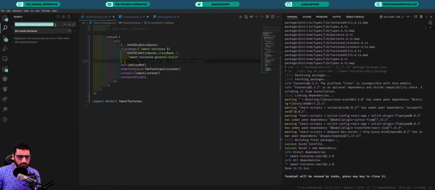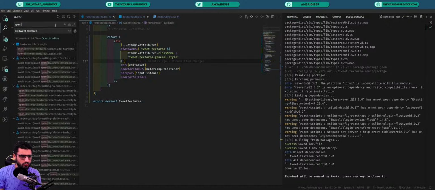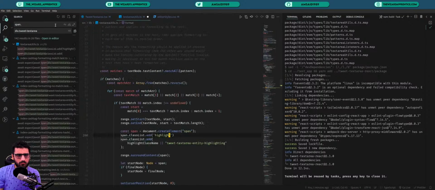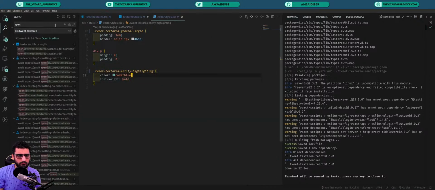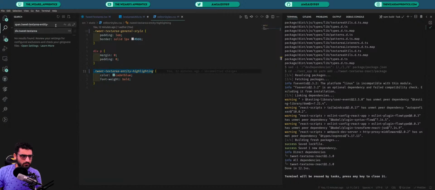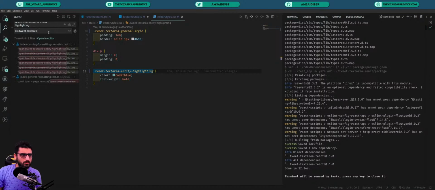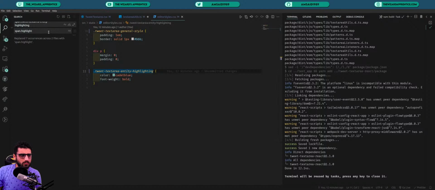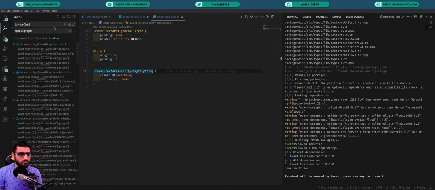We will span dot this, and we'll make it span dot highlight, change it, replace, and then to have class